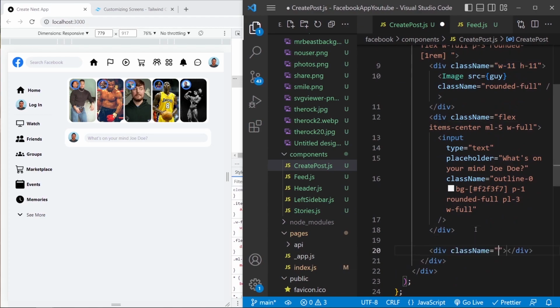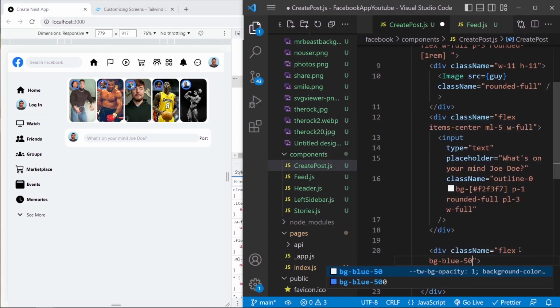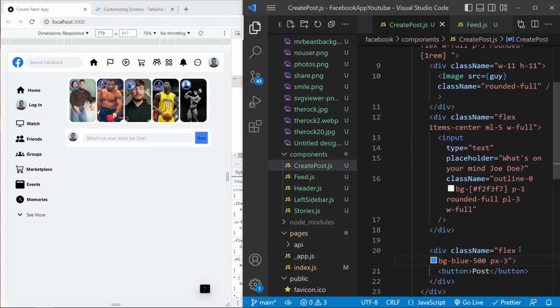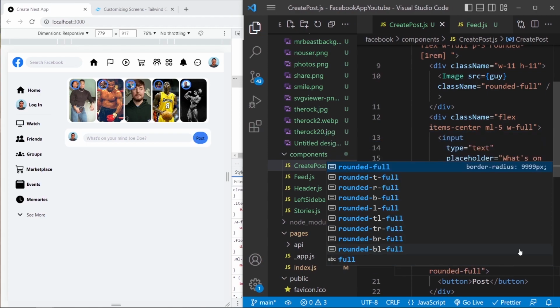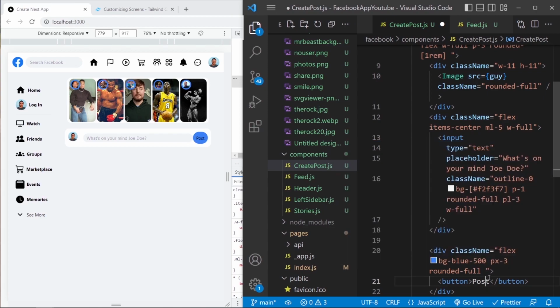So outside of this div, I'm gonna create a div with a button inside. This button should have post. It should be flex. Should have a background of blue 500. I'm gonna say padding on the x-axis of 2, maybe 3. I'm gonna say rounded full, a height, no, this is too large,